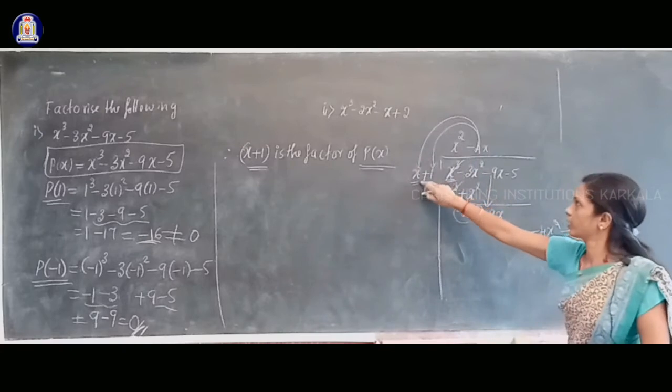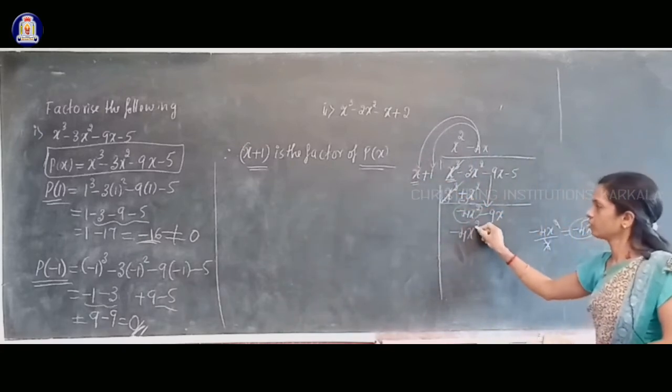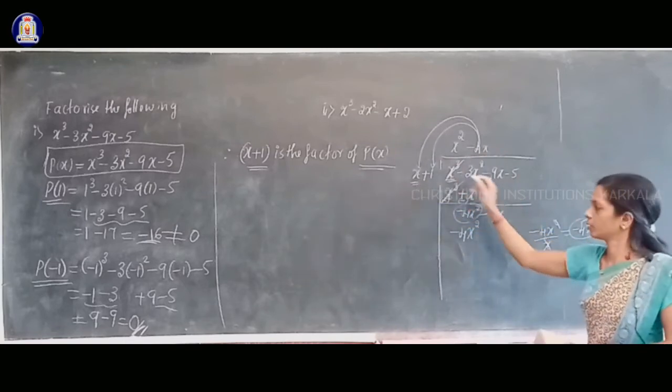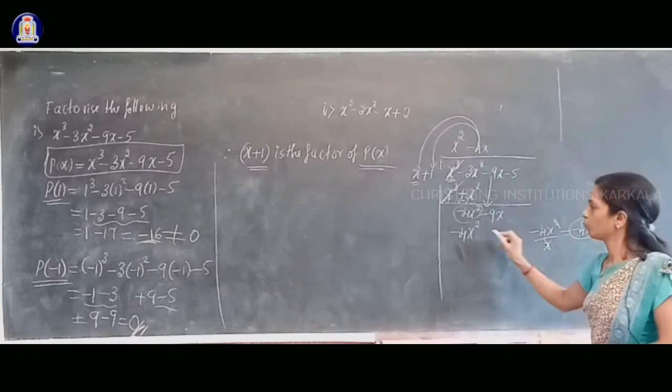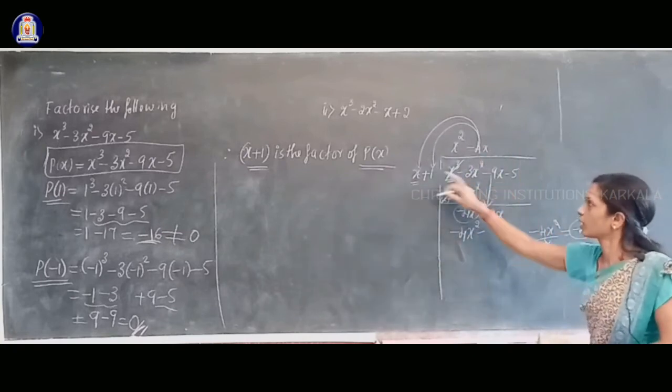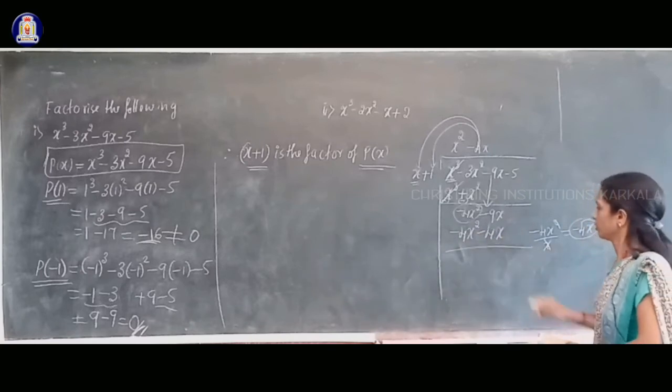Minus 4x into x, that gives what? Minus 4 into x square, x into x, x square. Okay, and minus 4x into 1, that is minus 4x, plus into minus is minus, 1 into anything is same thing, and you have to write below this. Okay, then you have to subtract